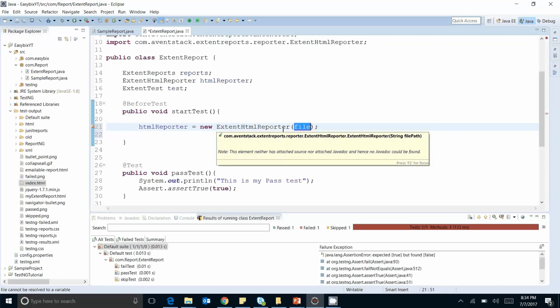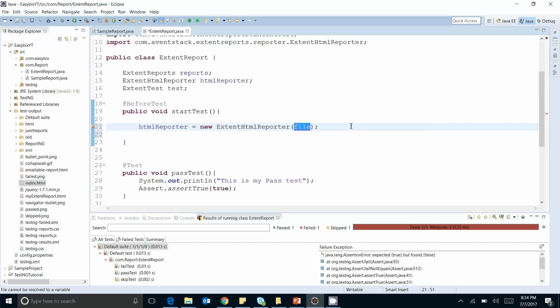We need to pass the file name that we want to create. Suppose by default in TestNG the file is created with the name index.html. So here you need to pass the location of your report file and the name of your report file. So either you can pass any hard-coded location,